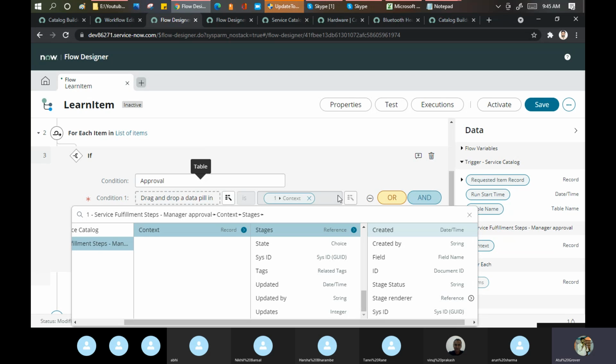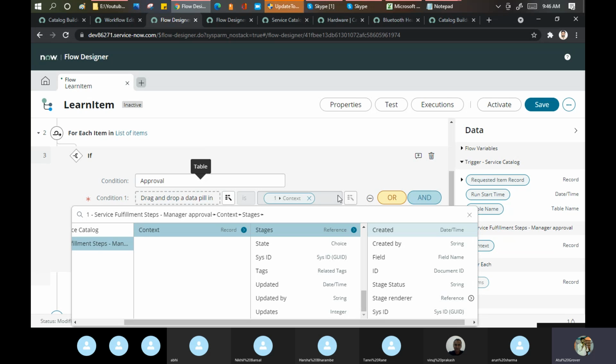So it is up to you whether you want to go for the workflow or the flow designer. My preference is to go for Flow Designer now because it is a little more advanced. It will be a little problematic initially, a few days or a few weeks to set things up, but once you master it, you can use it very easily. So nothing to worry about on that part.